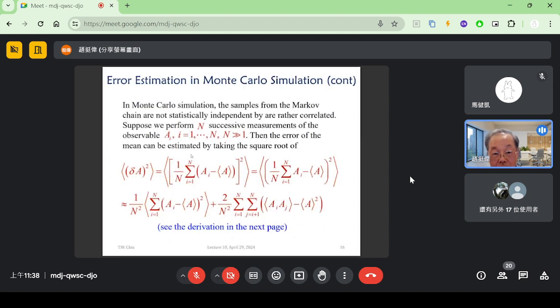So this is the derivation basically. This is the delta A squared expectation value. This is the A here. A here is the true mean value. Otherwise, when you sum over the A_i and then take an expectation value,